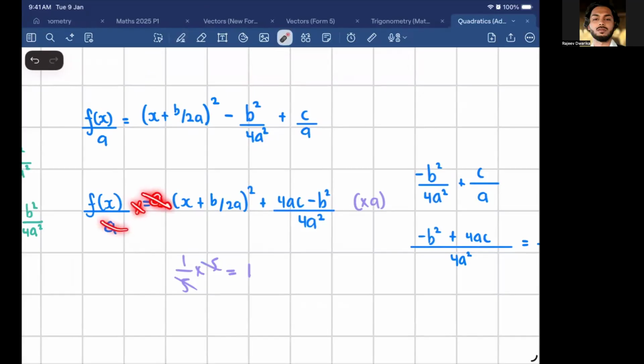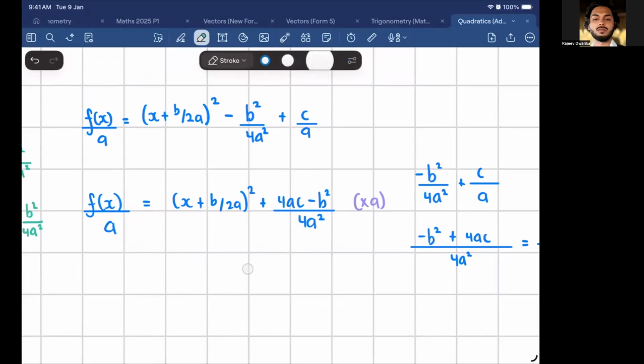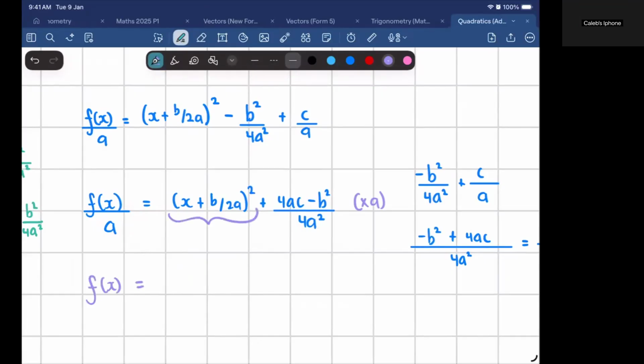Yes. Remember, Caleb, we were originally dealing with f of x. That was the original thing. So we need to get back f of x now, and to do that, we decided to multiply both sides by a. So we end up with f of x here. If I multiply this by a, how would I write that? a, open bracket x plus b over 2a, close bracket squared, plus